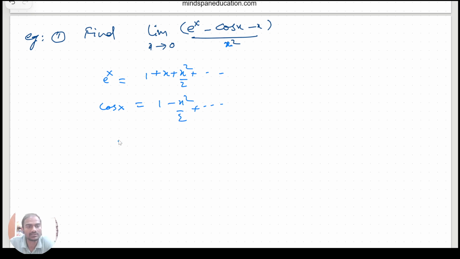So what we will be left with, limit x tends to 0, and we will have x, and this x will be cancelled by this minus x. Finally here minus x we have, so we also won't see this x in the final expression. So we have 2 into x square by 2 and plus some higher terms of x,